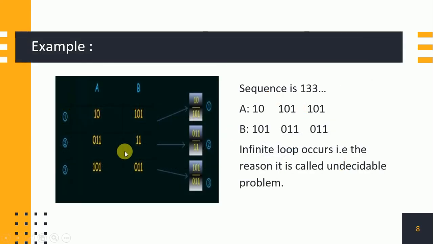Here in this case, again you will be given your two lists in the form of tables. If I start, my initial value under the first domino is the same, that is 1 and 1, and in the other two dominoes the value is not the same. Here the first value is 0, this is 1, this is 1 and this is 0. So you will have to start with this domino. I will place my first domino over here, so you will get 1 0 1 0 1. After that I will use the third one. After using the third one: 1 0 1 1 0 1 over 0 1 1.